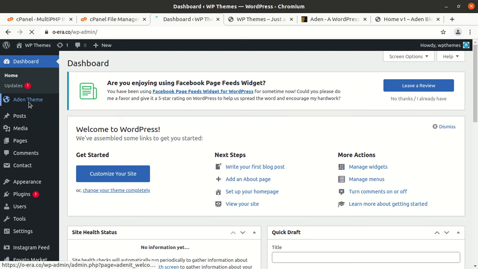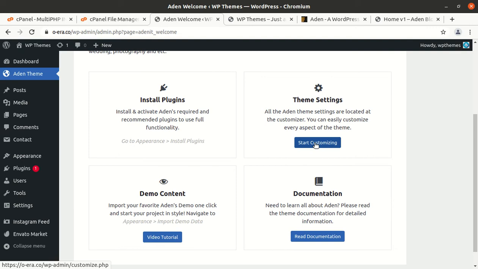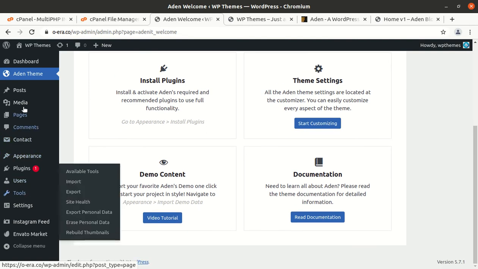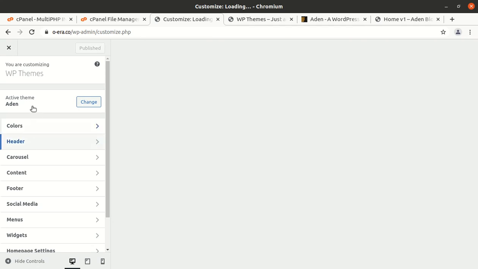So this is the Addenblog theme option, and we can start customizing from here. There are no other options, so we have to work with this Start Customizing option, and it is going to navigate to the default WordPress customizer.